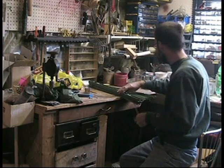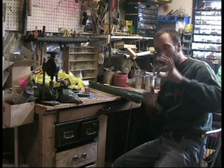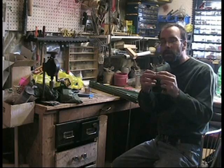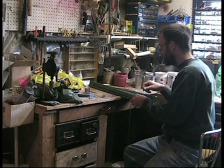There's a lot of good parts in these. These ones had funky, what do they call them? The dangle things on the end of the strings, eh? They're kind of hexagonal shape. You get enough of those and they're kind of cool. But